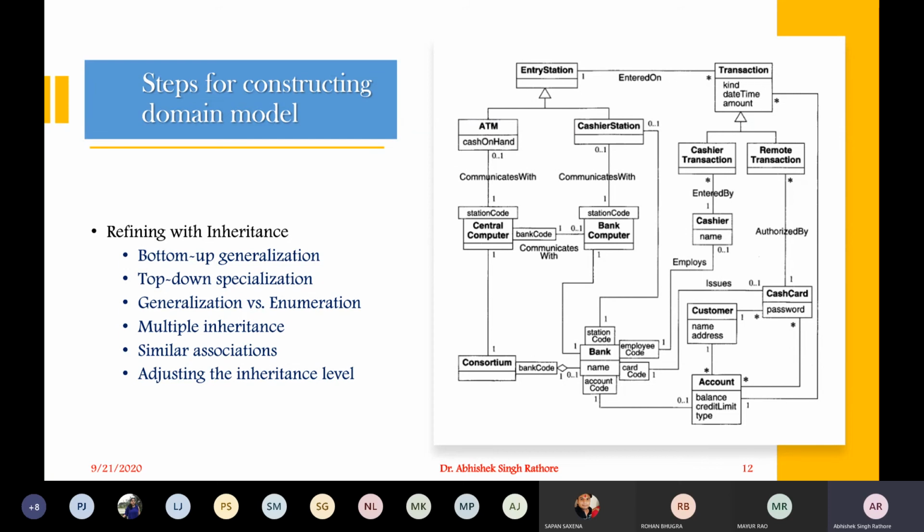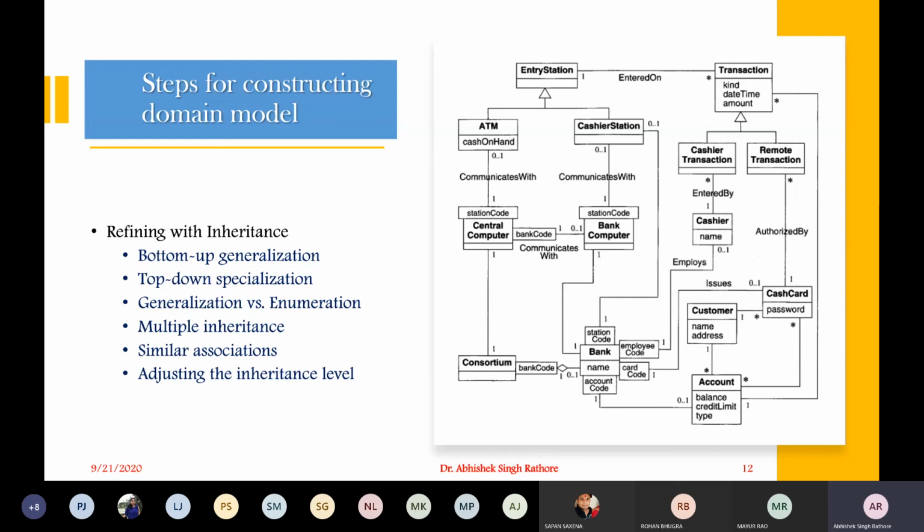Then we have multiple inheritance. We can use multiple inheritance to increase sharing, but we can limit it whenever necessary, because it increases both conceptual and implementation complexity. So you should go for multiple inheritance only whenever it is necessary. Don't go for too much complexity, because it makes implementing your program complex, as it can have disjoint inheritance, or ambiguity at the implementation level.